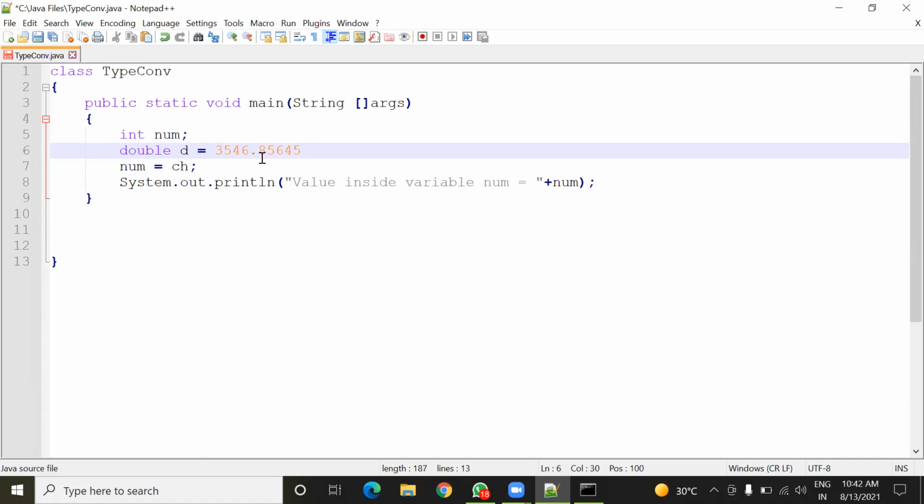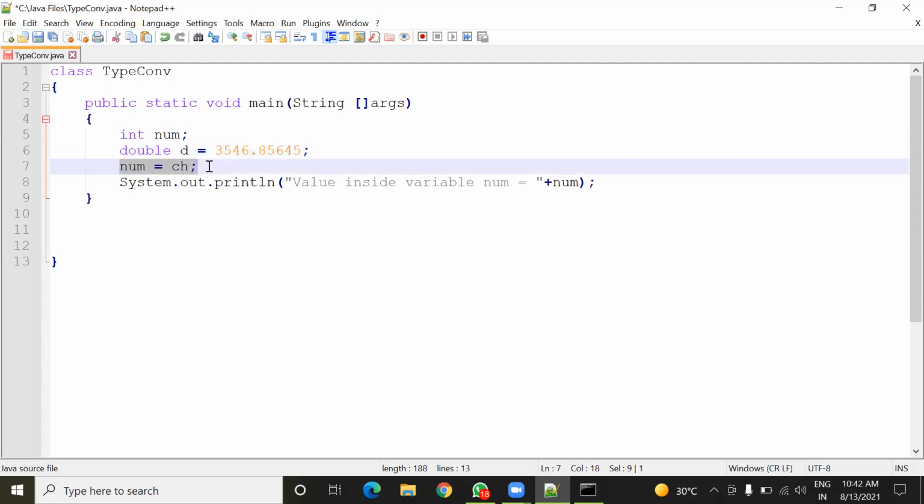Now, in this assignment statement, I'm going to assign the value of D to num. So now tell me, will it happen? Is it possible to do this? Sir, it's an explicit conversion, so we have to write the syntax.